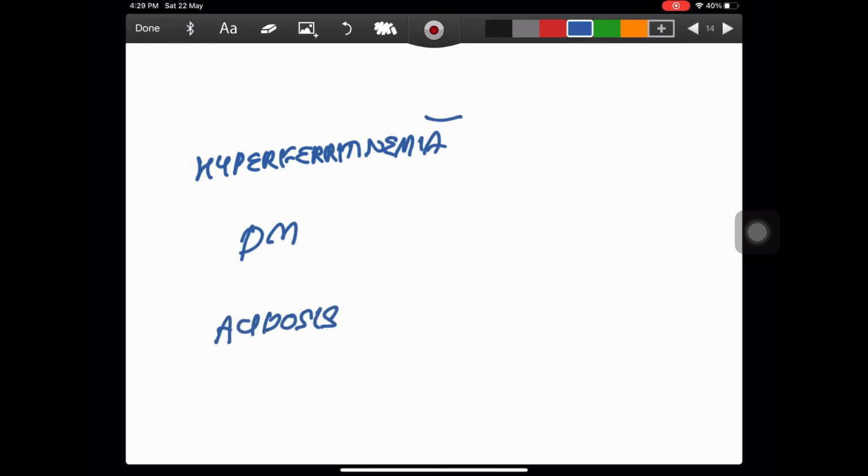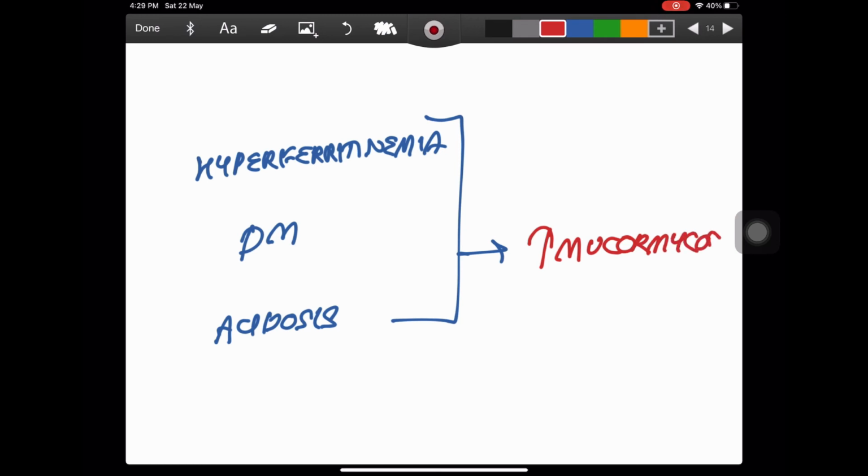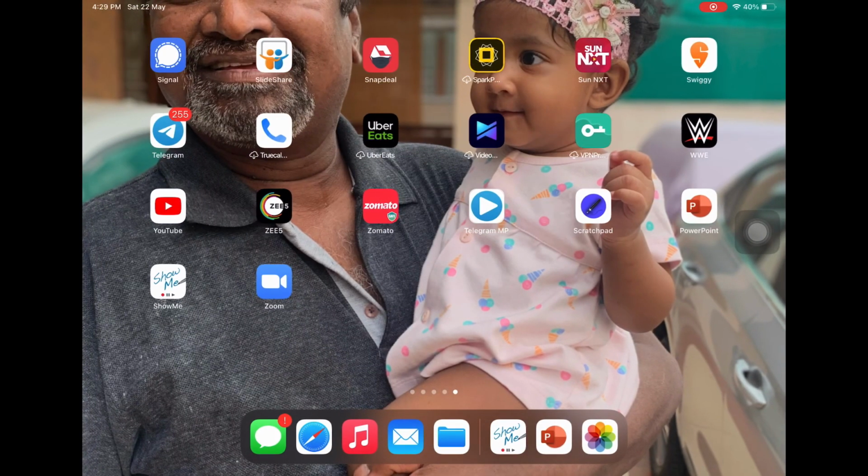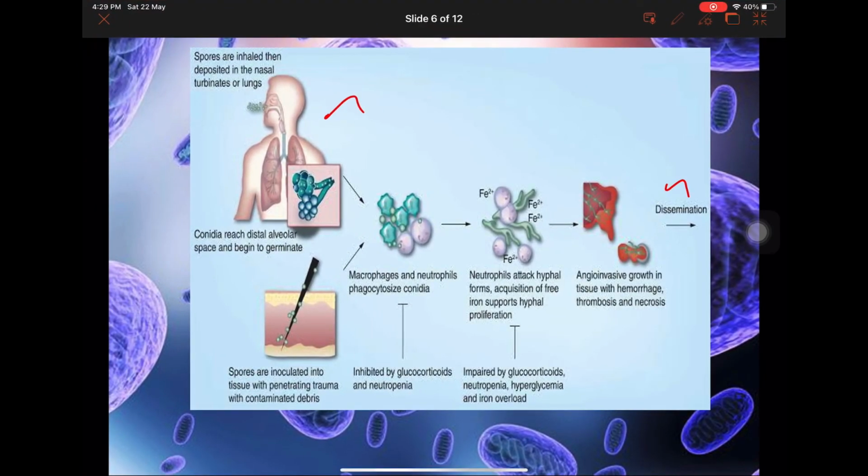Okay, so finally, to summarize, hyperferritinemia, diabetes, and acidosis. Okay, these are a deadly combination which causes increased mucormycosis risk. Okay, so this is the pathogenesis of mucormycosis. Okay, now just let's quickly come back to our PowerPoint, where